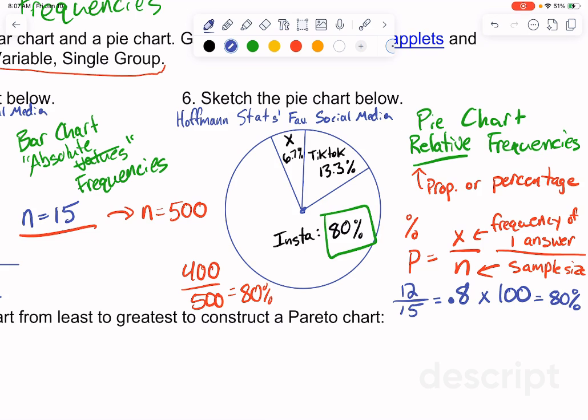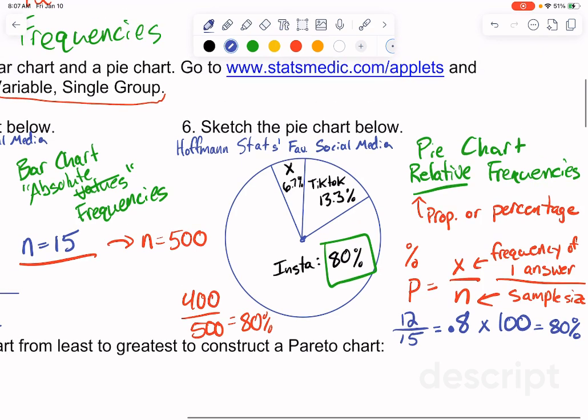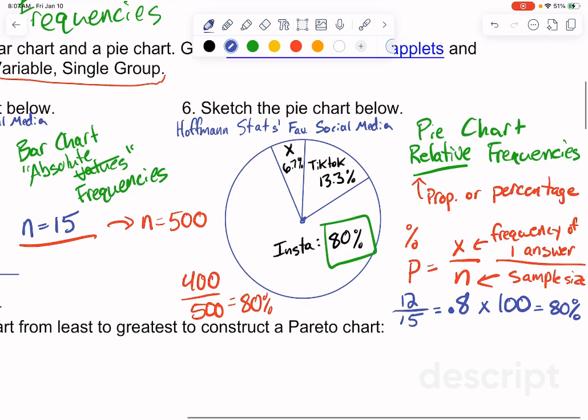So we've got the frequency, we've got the sample size, we've got the percentage now. How do we get this into pie chart form? And this is the really difficult part of a pie chart, is if we wanted to do that by hand, the process would be very geometrically involved. We'd have to take that proportion, 0.8, and multiply it by 360 degrees, because that's the amount of degrees in a circle. Oh, let me do that math real quick. I messed up on my calculator. 360 times 0.8, that would be 288 degrees.